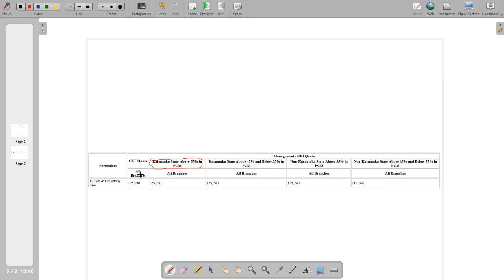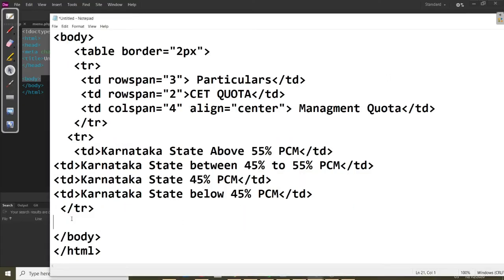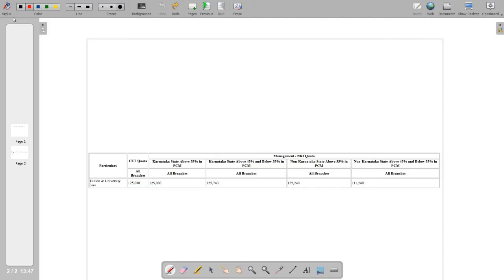Now coming to the third row. This is your first value, 1 2 3 4 5, because one row is already merged along with the particulars. So this is again the first value, but how many data? TD 5, 1 2 3 4 5. In that case, another TR, because first we have to write the TR, then TD, right? What is the first statement?